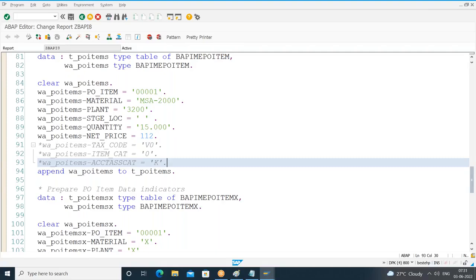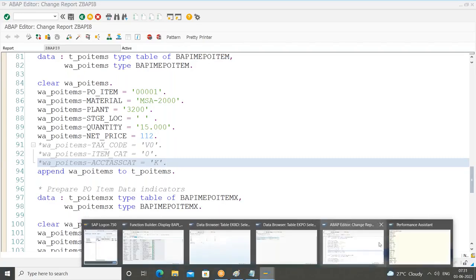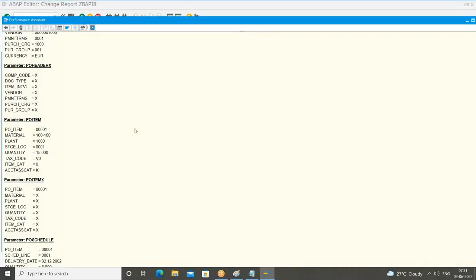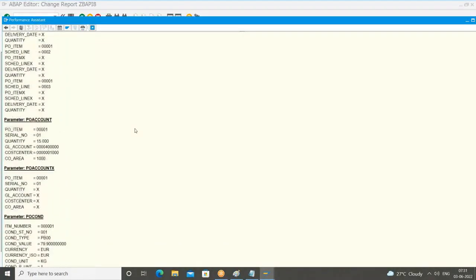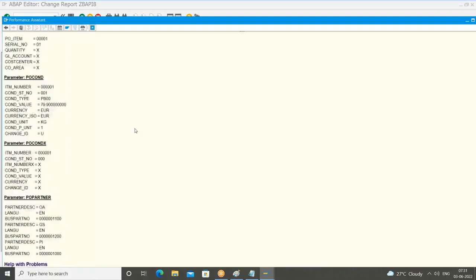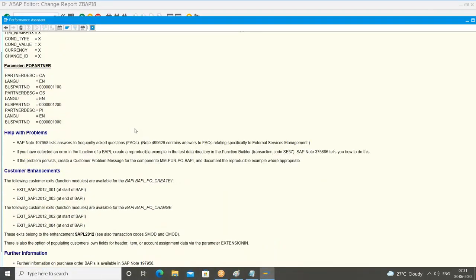What I told, I need to enhance the corresponding dependent structures. How do you know the dependent structures? Only by reading the documentation. So if you see the documentation here, anything related to extension in here,